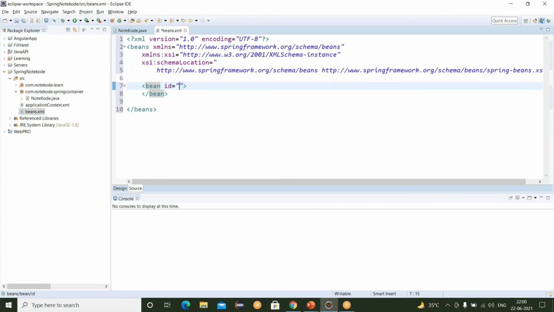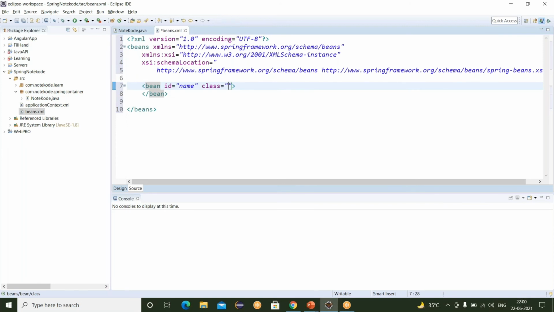Let's say I'm writing here name, and then class. You should remember while writing the class name, you should always write the class name along with the package name.